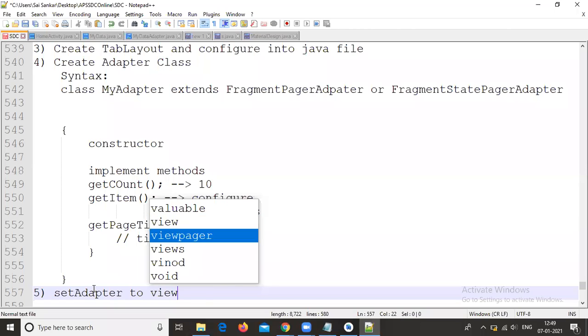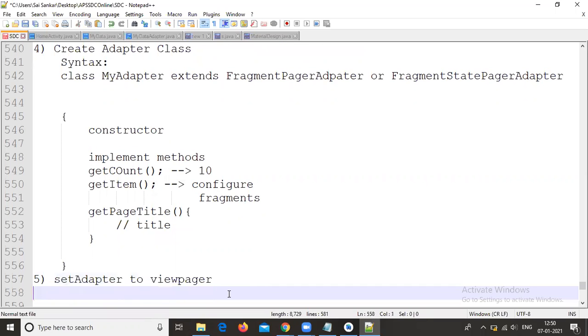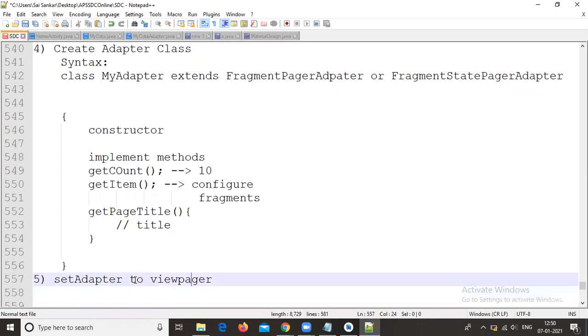Why? Because we need to set this adapter to your view pager, which means your view pager will take care of these fragments, that means the swiping. So that's why we need to set this adapter to your view pager.